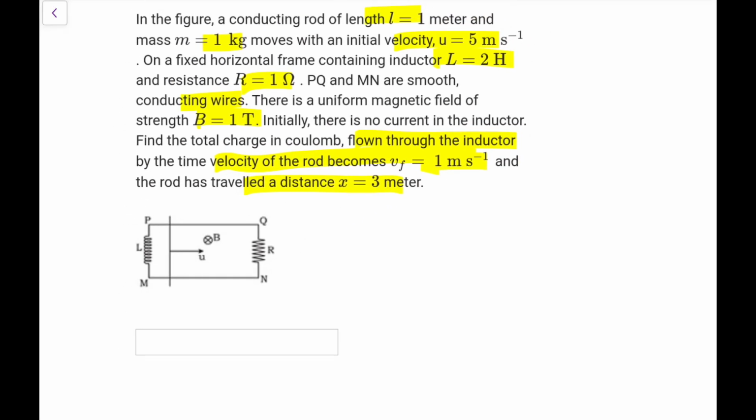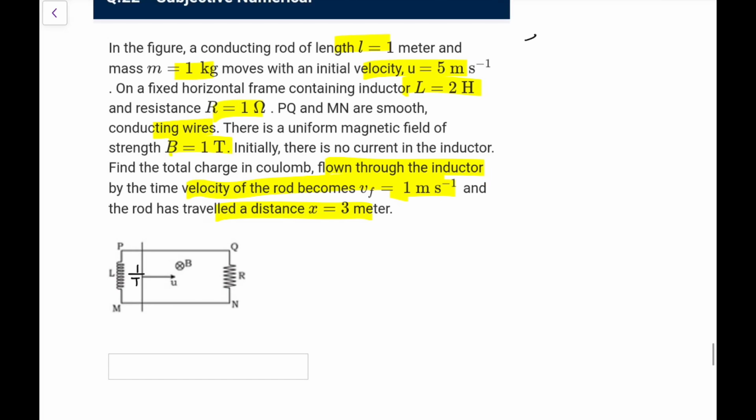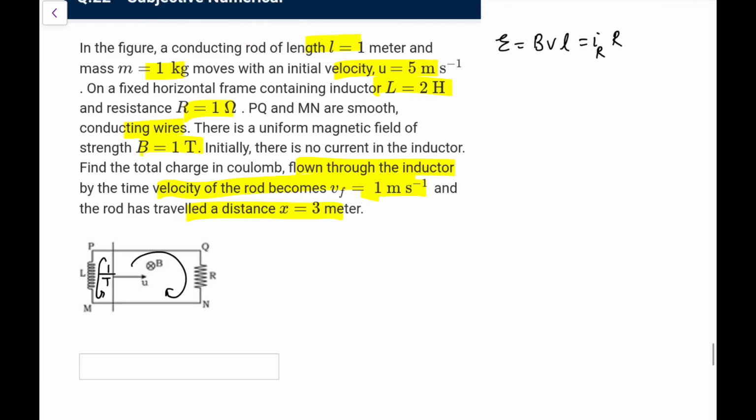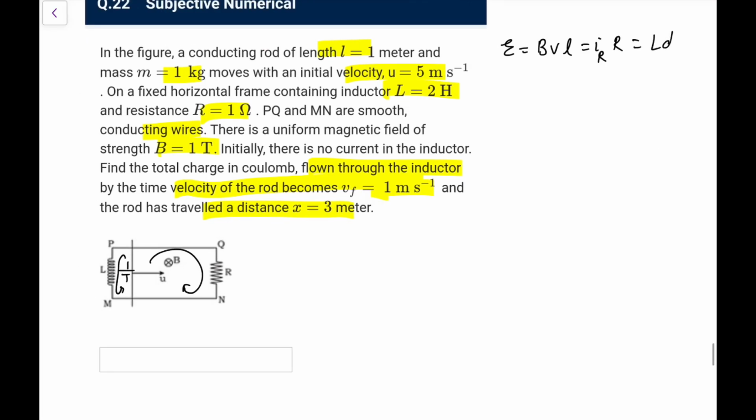First of all, what we can do, whenever it moves, we know this is the field inside the battery would be like this. The emf of the battery at any instant you know is equal to BVL, and we have one loop here. So let's say what we can say, that is equal to I into R, the resistor, and that would be equal to L di of inductor by dt, that we can write E is equal to like this. So both things we can write like this. So this is with velocity.